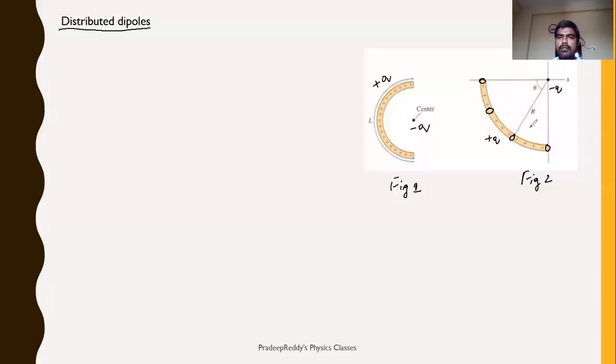I now want to find the dipole moment of distributed dipoles. We have the basic relation for an electric dipole: P bar is equal to Q into 2A. If you consider the distance from the center to one charge as A, then the total distance will be 2A, so P bar will be equal to Q times 2A. This you should remember. Or if you consider the total distance as A, then you can write P bar is equal to Q into the separation, whatever the separation between the two charges may be. It may be A or 2A or 4A, any length it can be.